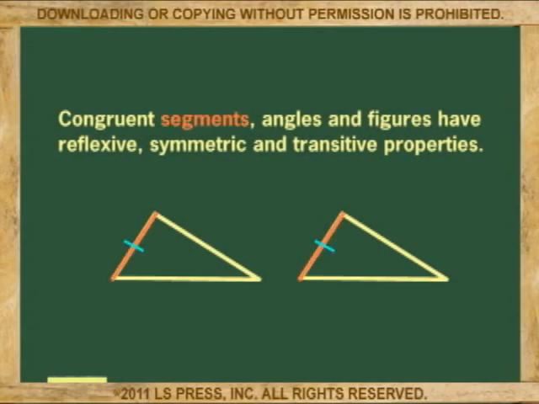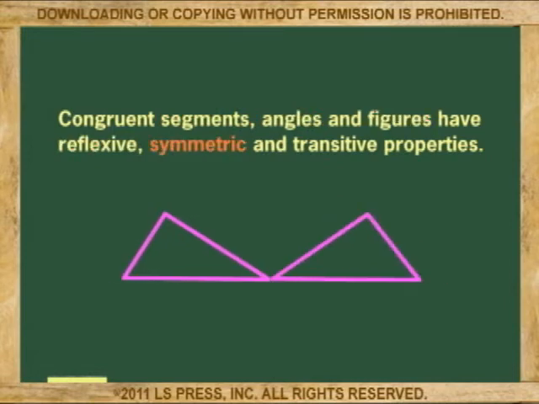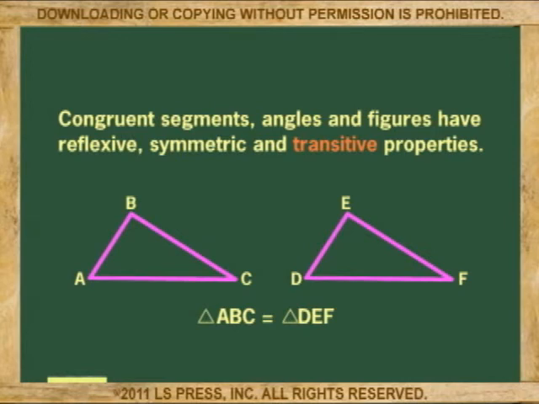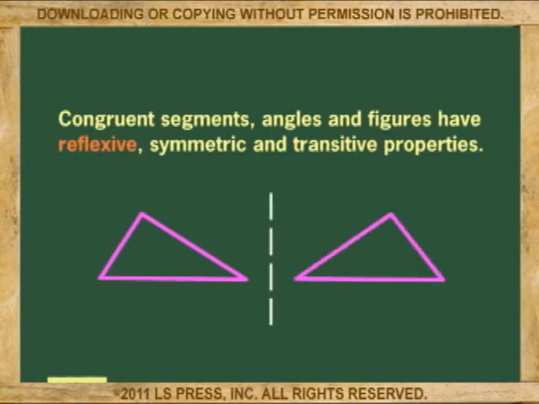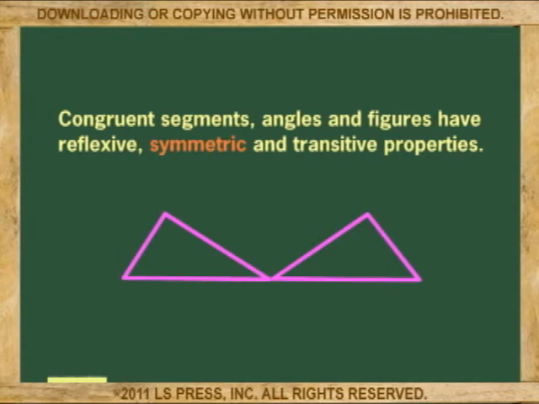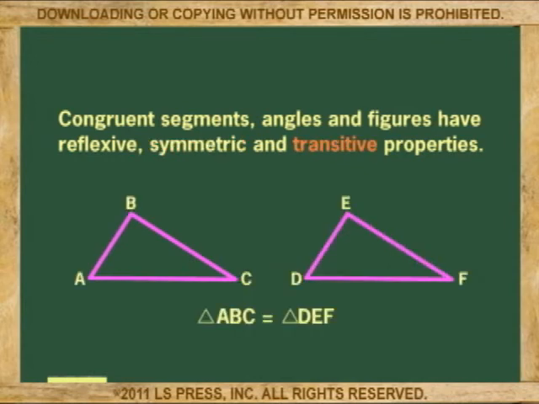That congruent segments, angles, and figures have reflexive, symmetric, and transitive properties explains the importance of comparison in geometry. Geometry is a way of communicating what we see by comparing basic shapes. Therefore, the properties of equality by reflection, or mirror image, symmetry, or that another equal half may be shown, and transfer, in other words, applying it to different situations, define the limits of what we can and cannot do with